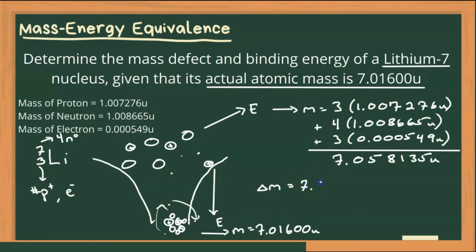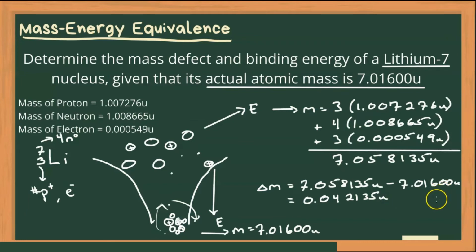So 7.058135 minus 7.01600, which gives us a mass defect of 0.042135 atomic mass units. And we're going to need to convert that to kilograms. So the conversion rate is 1.66 times 10 to the minus 27 kilograms per atomic mass unit,